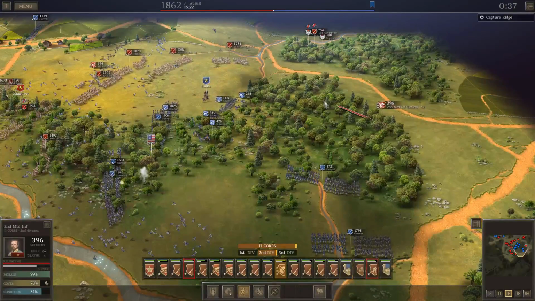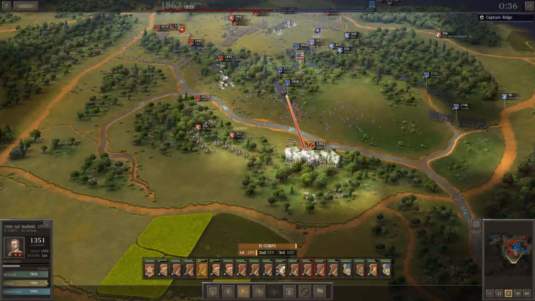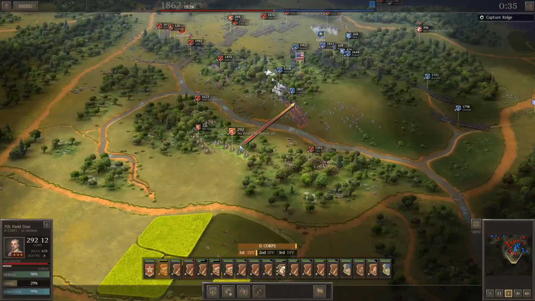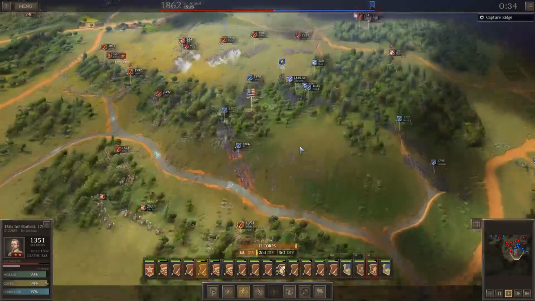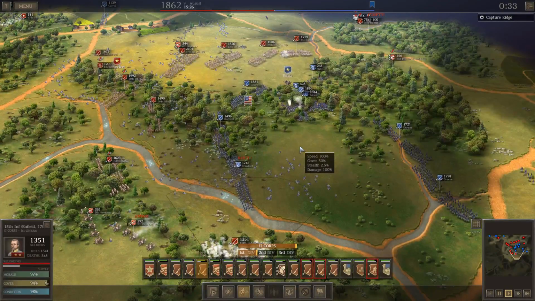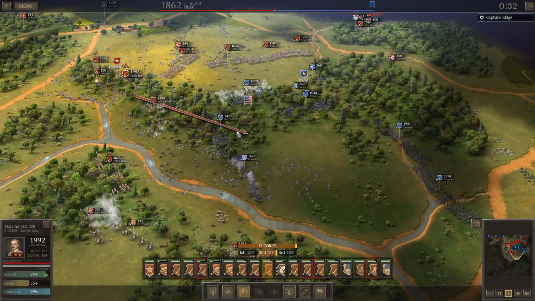So the envelopment or pincer has sort of succeeded. They've ceded the open field to me, and now I'm kind of coming down on them from above, with the idea that it is better to be attacking downhill. And they're in a lose-lose position. If they try and fall back, they're going to fall back into this open terrain, and they're just going to take fire from all my emplaced rifled units and also the artillery. And if they stand and fight,